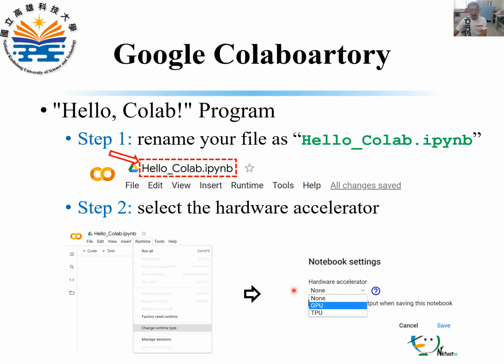We can set the hardware accelerator as none, GPU, or TPU. In this simple example, we set hardware accelerator as none.